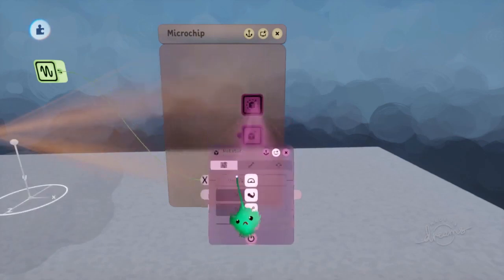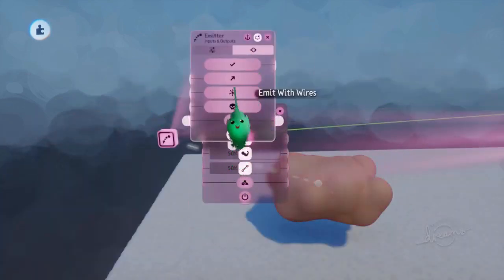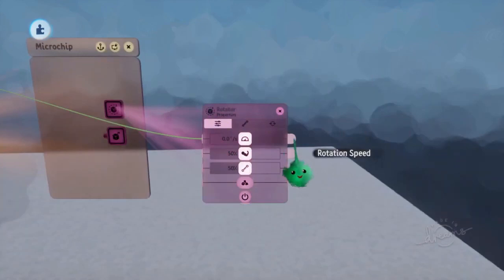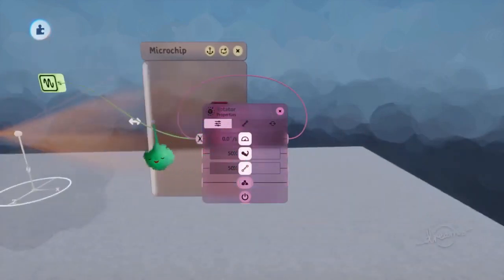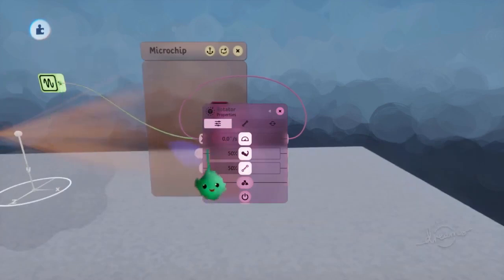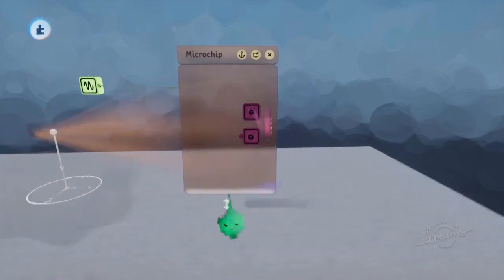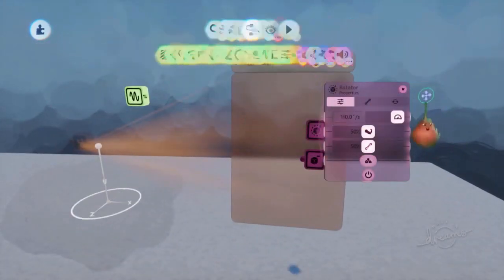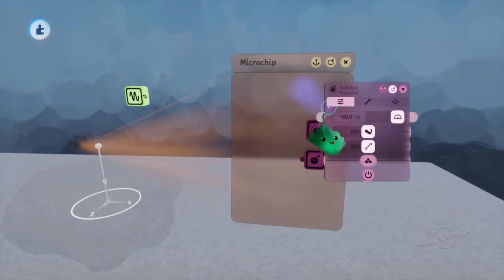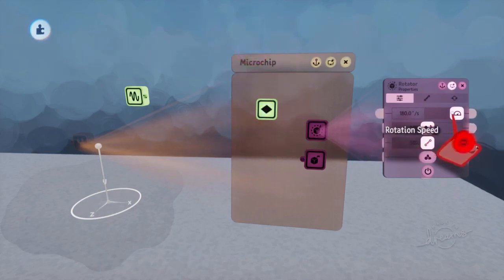Now because this is emitted, it won't have the wires, and you can turn on emit with the wires, but we don't want to do that now. We're going to wire it into itself. We're going to loop the wire, which means when it gets emitted, the last value it was sent will be kind of stored in here, and it will keep on going infinitely through its own wire. So really, instead of doing it that way, we want to just affect this a little bit, I think. So if we use a keyframe to just make it a little bit faster,